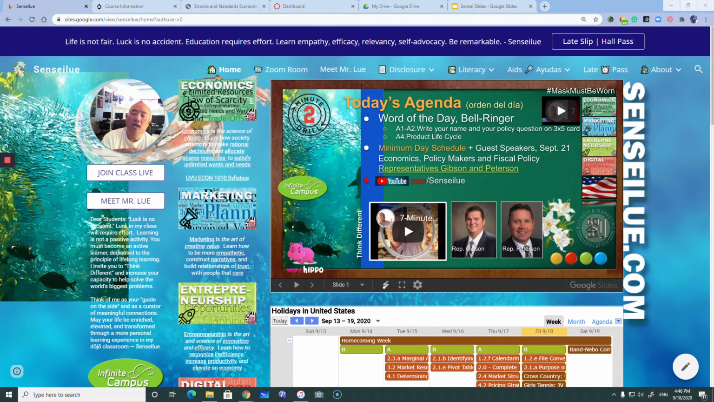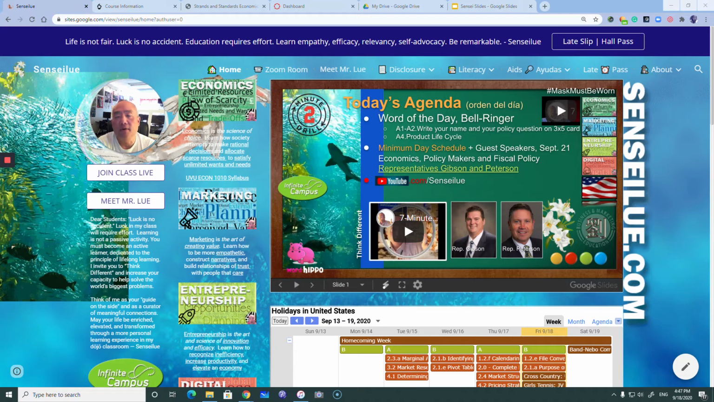So as you can see, I post my agenda for the day, or the orden del dia. I try to make it clear what the bell ringer is for the day, the word of the day, and as you can see here, I ask my students, in this example for Monday, to write on the 3x5 card their name and a policy question that they would like to ask our guest speakers. For this economics class, we happen to have state legislators,